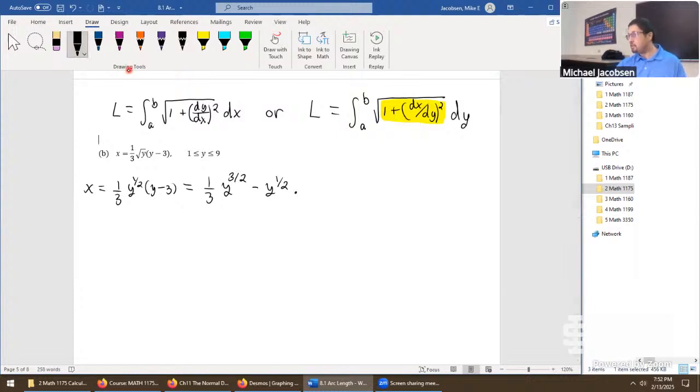So next step, we compute dx/dy. Normal derivative, just changed variables. 3/2 is going to come down, multiply the 1/3. y is now to the power 1/2, or you could put in square root y if you prefer. Over here, we get minus 1/2 times y to the power -1/2. And this deserves some cleanup, so let's go to another line. dx/dy is equal to